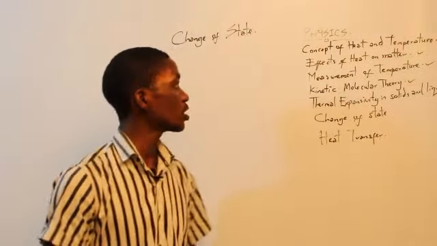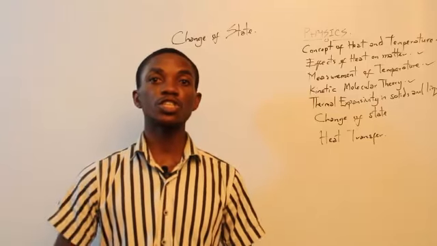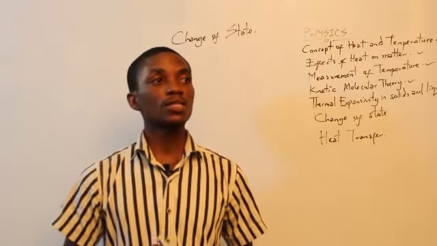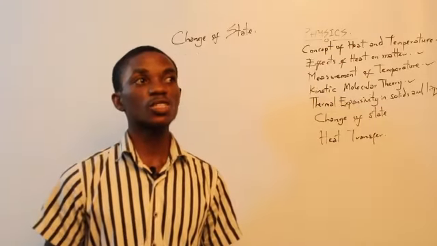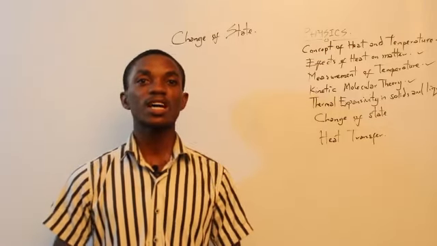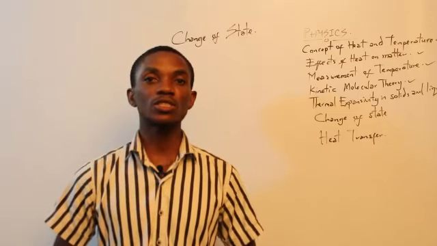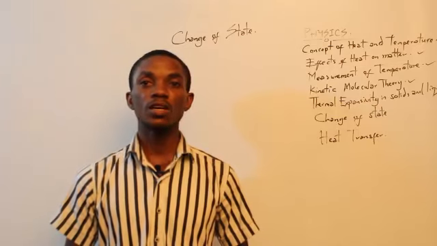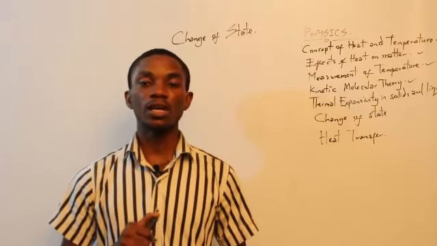Earlier, when we were discussing the effect of heat on matter, we mentioned that heat can also bring about the change in state of a substance. Well, how does this happen? In the course of changing state of a substance, it is always observed that the temperature at which that substance changes state remains constant while the substance changes state, either from solid to liquid, liquid to gas, gas to solid, gas to liquid,